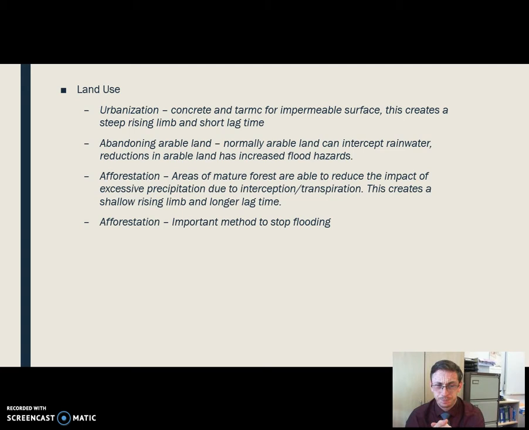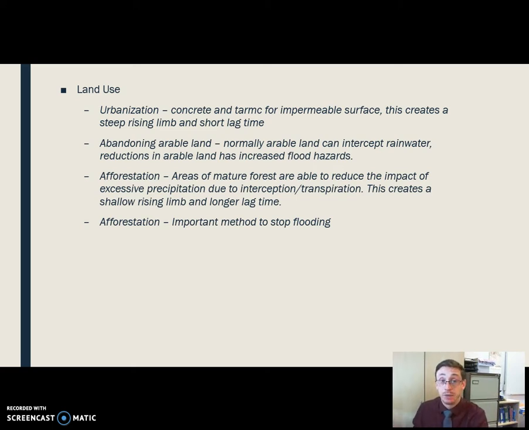So we've got basically not tarmac and buildings. If we've got an urban area, lots of concrete, lots of tarmac, huge numbers of impermeable surfaces, that's going to give us a really steep rising limb, a really short basin lag time. We compound that by adding in things like drains that mean that we'll get water getting through